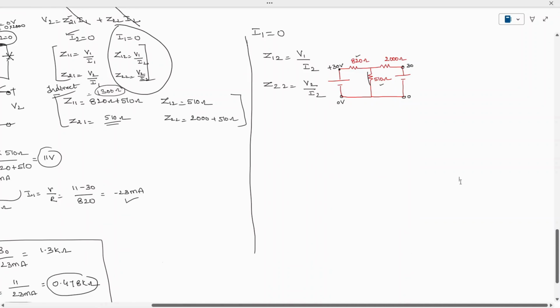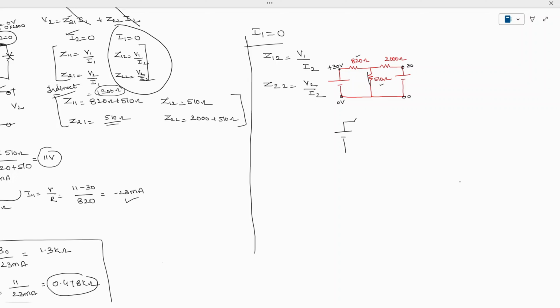See here, this is the network given, and here you have to make I1 equal to 0. So when I1 is 0 here, I'm going to redraw it for your clarification. So this is the source, and here I1 is 0. Okay, and we have the same resistors 820, 510 like this, and here we have the 2000 ohm continued with